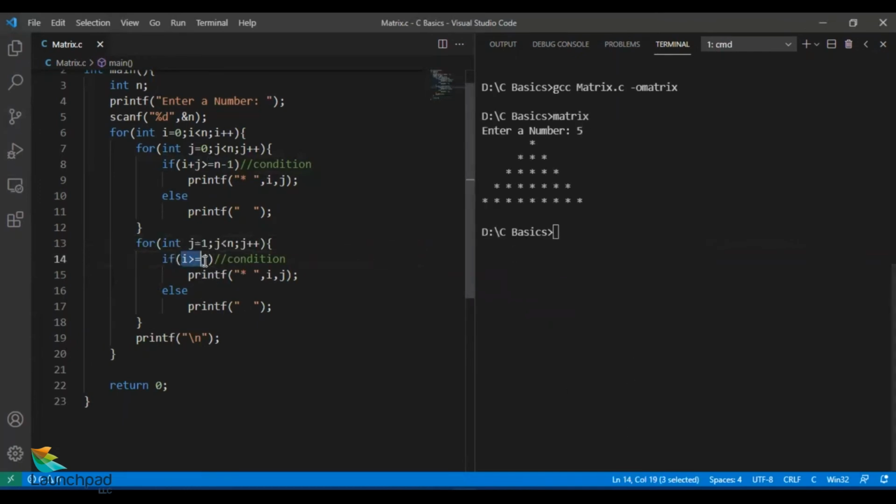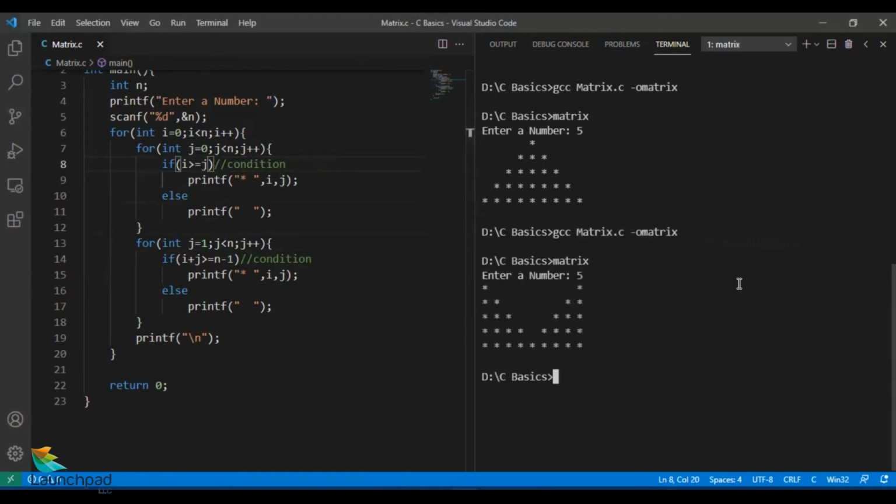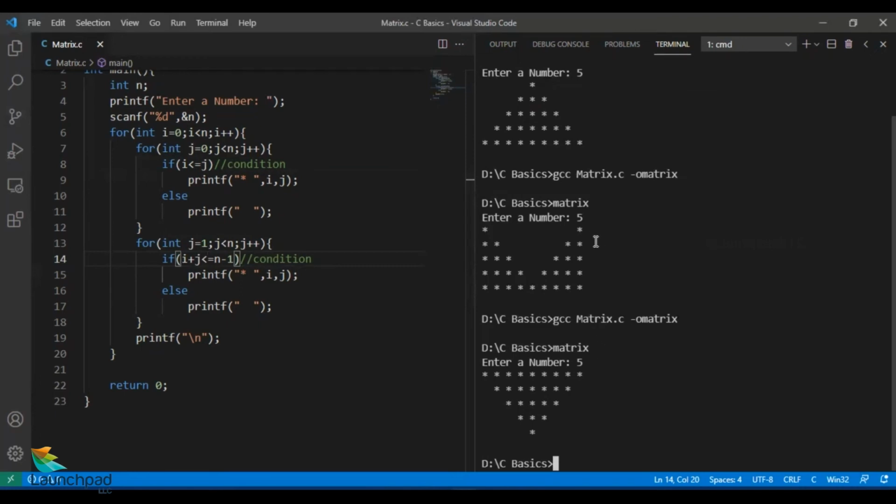Now you change the order of the shape. You can derive any number, n number of shapes with vertical and horizontal joins. So I'll save this file. I'll compile, run 5. You have a new pattern. Make this lesser than as greater than as lesser than. And here greater than as lesser than again. We are getting a new pattern again.